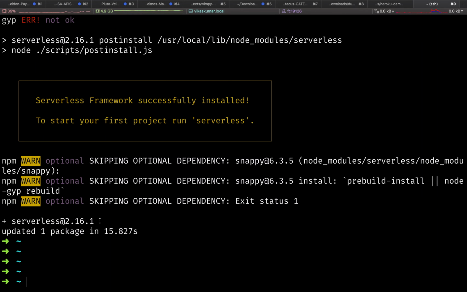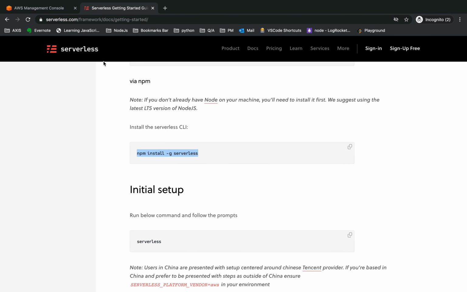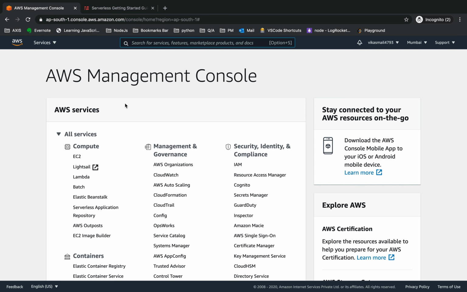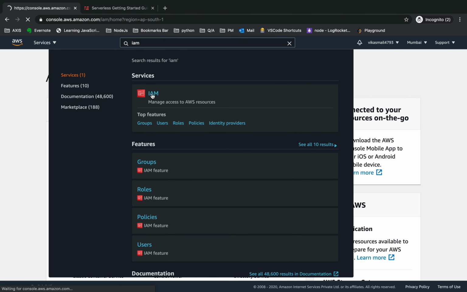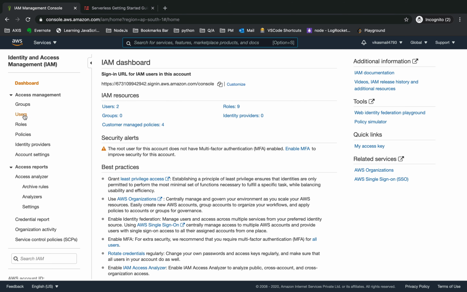After installing this serverless package, we need to create our user on the AWS console and map this serverless with that user profile. So let's move to the AWS console. Let's go to the IAM, Users.